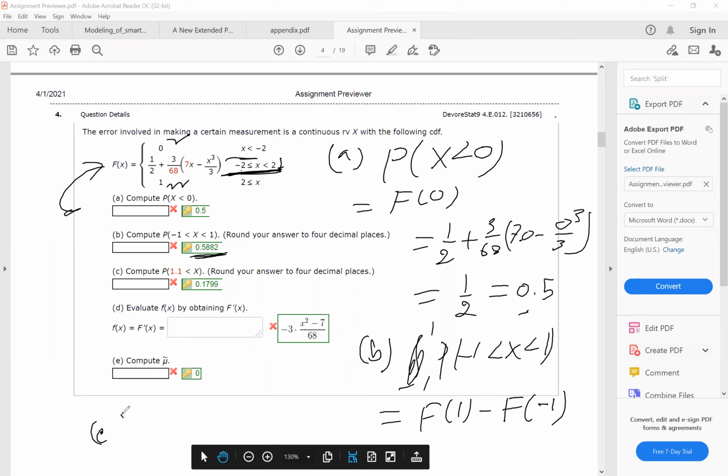And part C is the probability where x is greater than 1.1. That means x greater than 1.1, which can be written as 1 minus the probability of x less than or equal to 1.1, because the CDF always gives you the probability where x is less than or equal to some number. So this is just